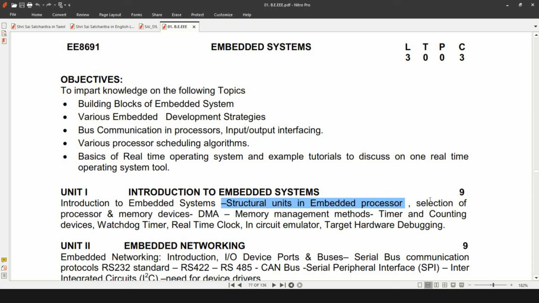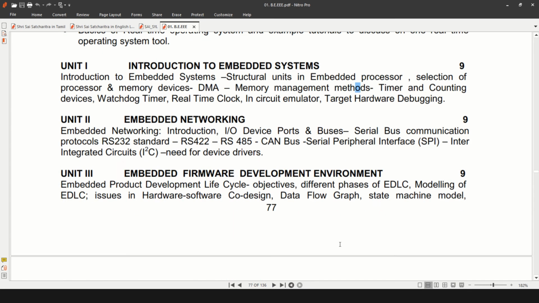So that is embedded systems. That is today's topic. Already we have seen the topics up to this: introduction to embedded systems, structural units, selection of processor, selection of memory. Today we are going to see the DMA and memory management, the basic memory management concepts, because